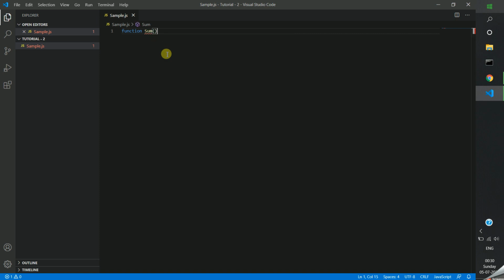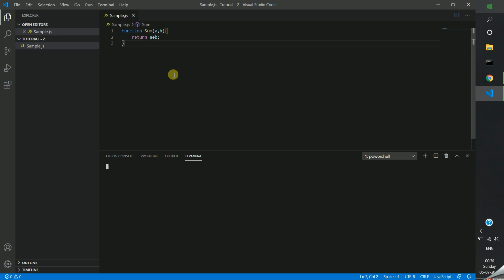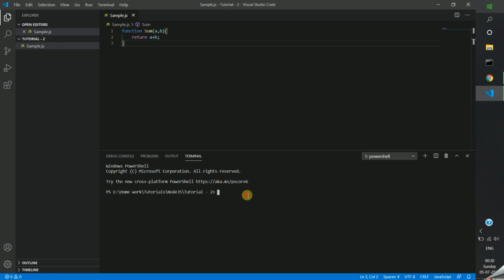The function sum has two parameters, and it just returns the sum of the values. Okay, I am running it. I open the terminal window. I hope you remember that for running a Node.js file, it is node, space, file name.